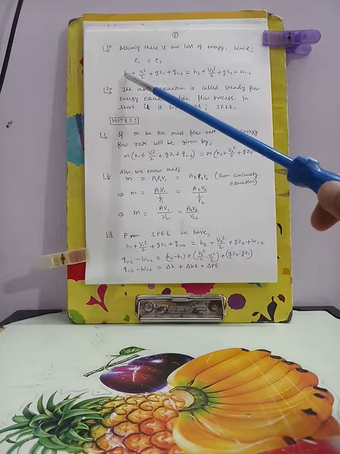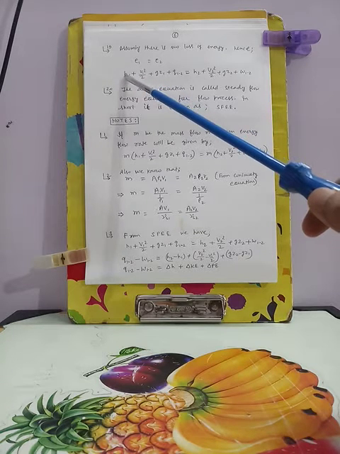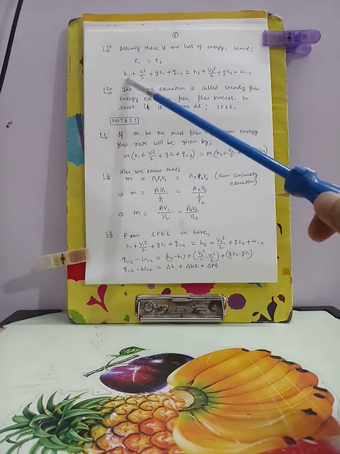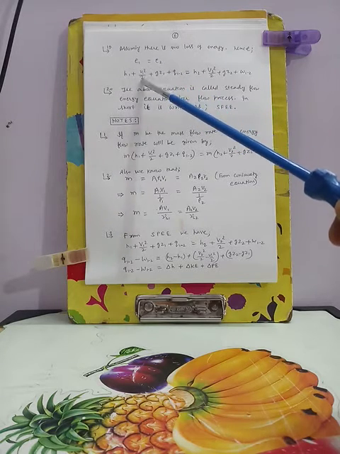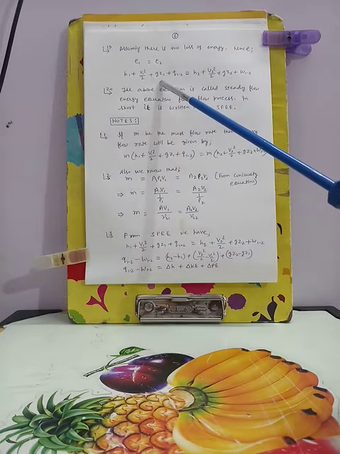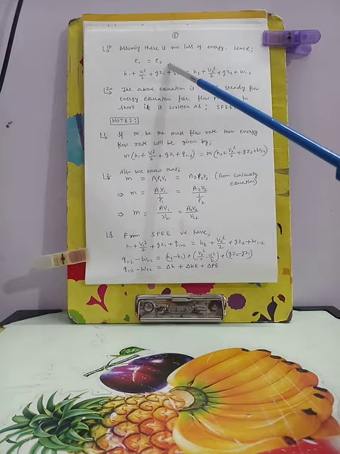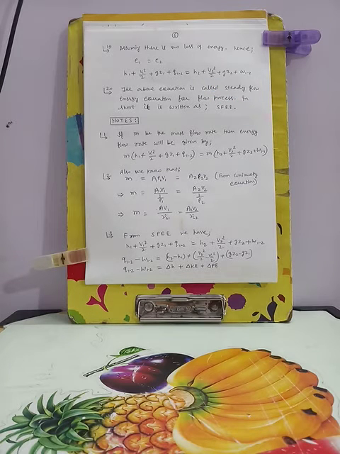It means this enthalpy in this equation is per unit mass of the working fluid, and this kinetic energy is per unit mass of the working fluid, this is the potential energy per unit mass of the working fluid, and this is the heat supplied or heat transferred to the system per unit mass of the working fluid.